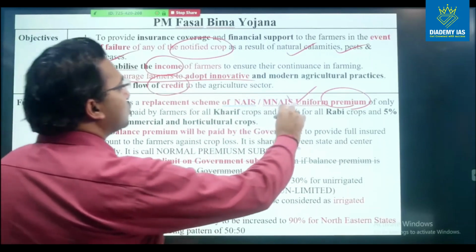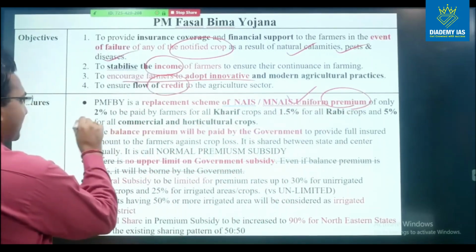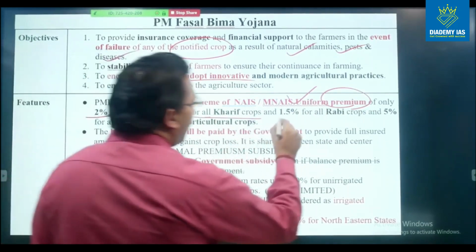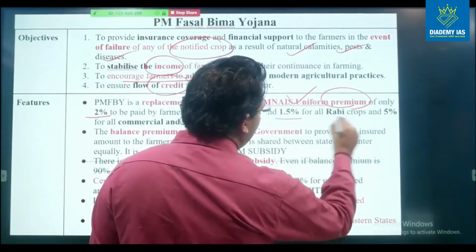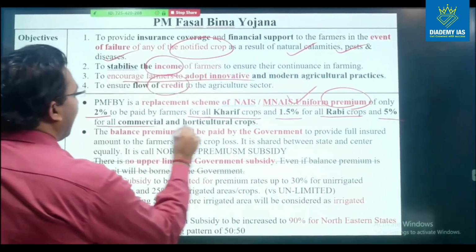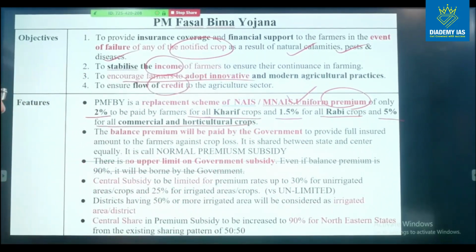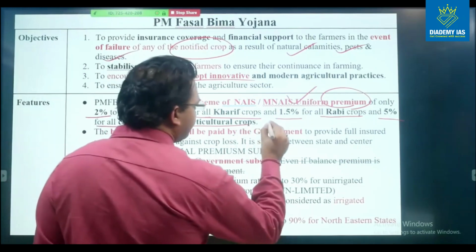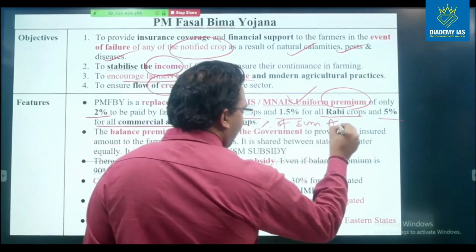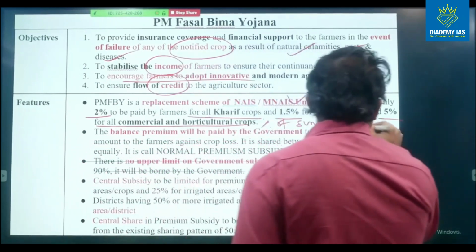So farmers are supposed to pay only 2% in case of Kharif crop, 1.5% in case of Rabi crop, and 5% in case of commercial and horticultural crops. And this is a percentage of the sum assured, right? So what is sum assured? For example,